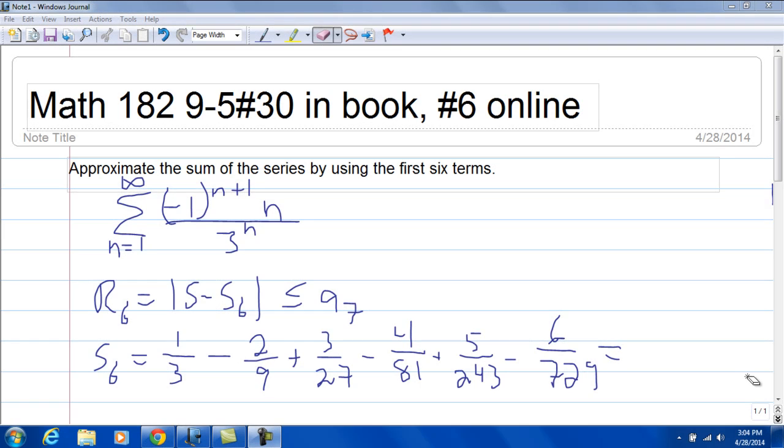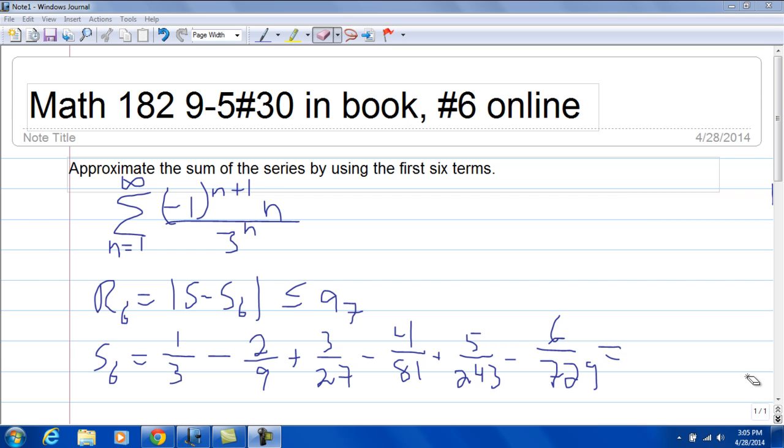This problem is number 30 from 9.5 in the book, and it's number 6 from the online work. It says approximate the sum of the series by using the first 6 terms. So we have the sum as n goes from 1 to infinity of negative 1 to the n plus 1 times n over 3 to the n. If you're doing it online, it might be a 2 to the n or a 5 to the n or something like that. Anyway, our R6 is going to be the series sum S minus S6, which is the partial